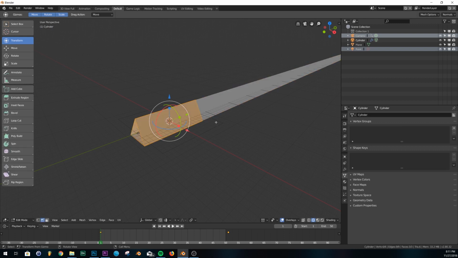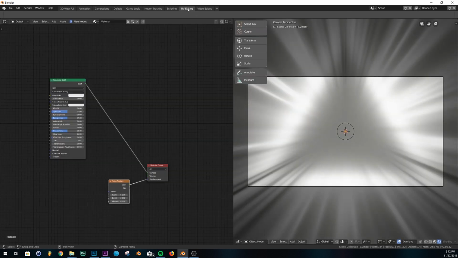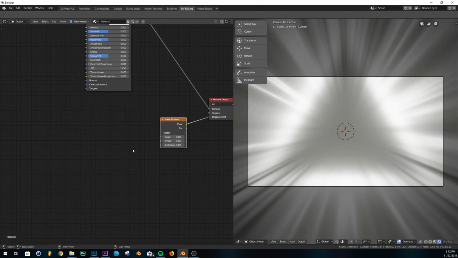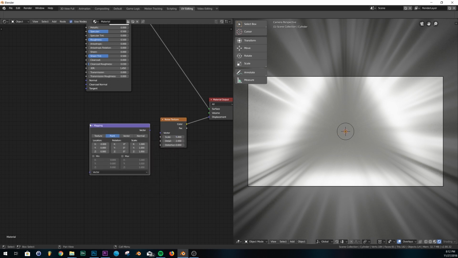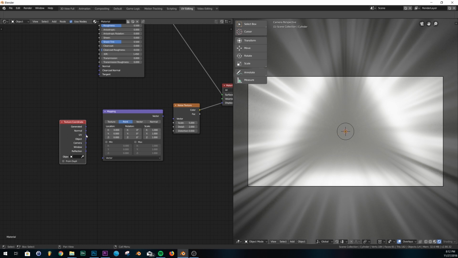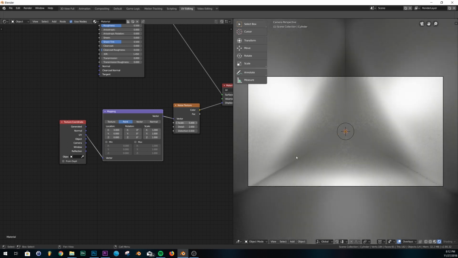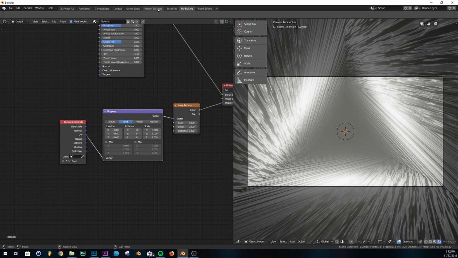So the way you fix that is you go into edit mode, hit U, and click Unwrap. And then we'll go back into our nodes here, and we'll add two nodes. A mapping node and a texture coordinate node. And so what we're going to use is the UV output on our texture coordinate. And so that's going to use the UV unwrapping that we used, and we'll plug the vector into the noise texture vector. And now, if we watch our animation,